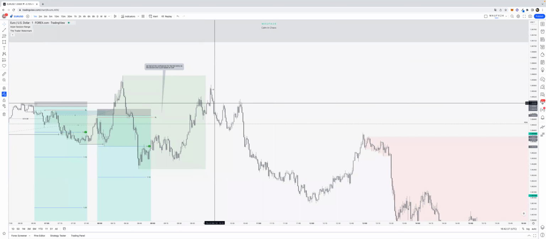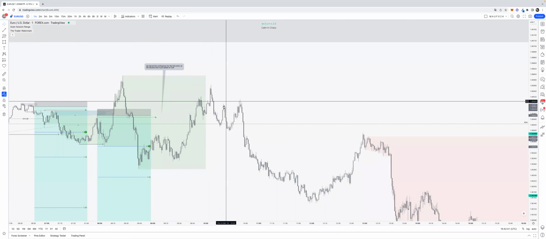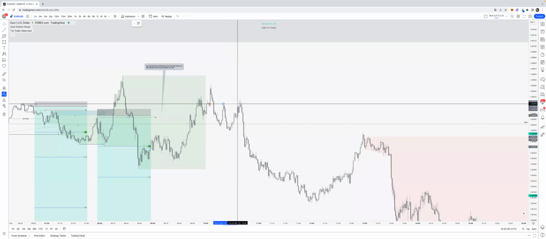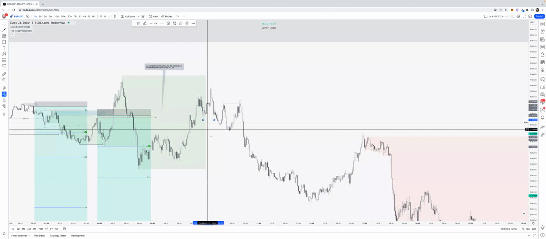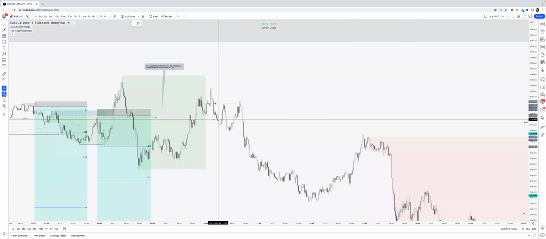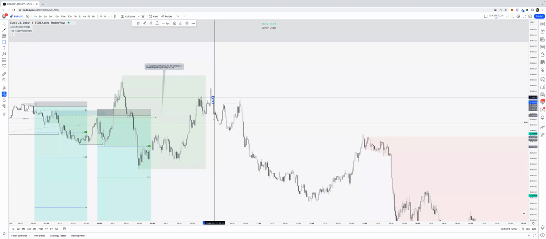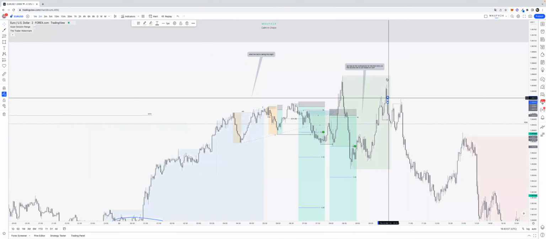These are maybe early sellers. If anything, these are early sellers. First time price comes into discount, then you get, in my case, this would have been a break-even trade. Why? Break structure, cut. Well, this is not really a strong early seller. But if you would take this trade, if you get your last order block, actually over here, you could maybe take the 2 minute. 2 minutes clean.